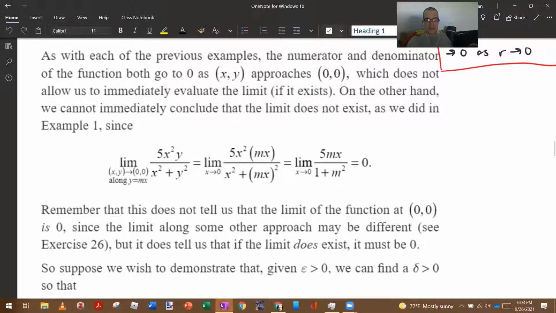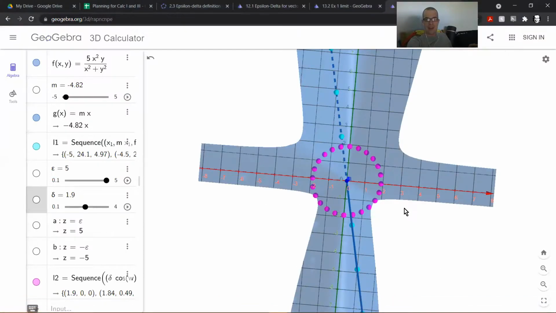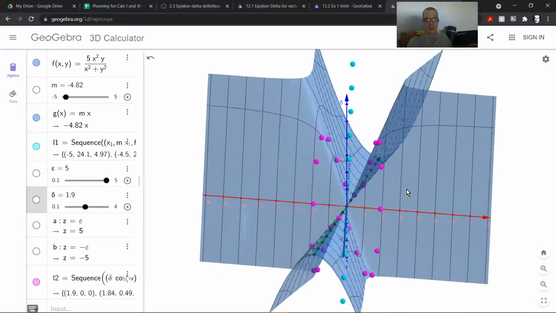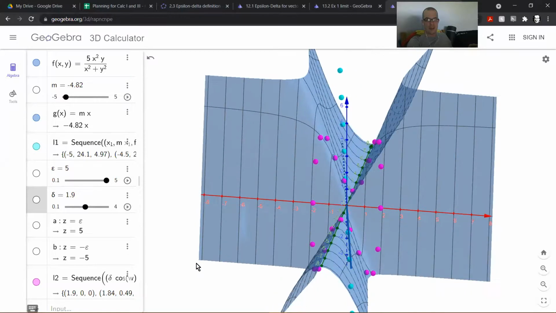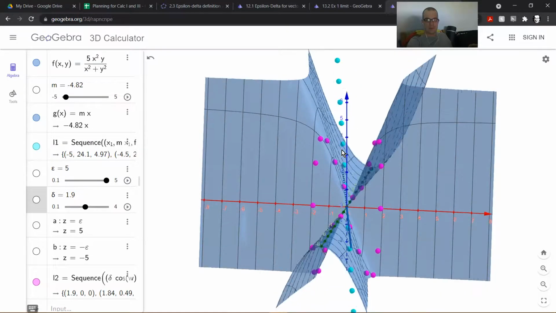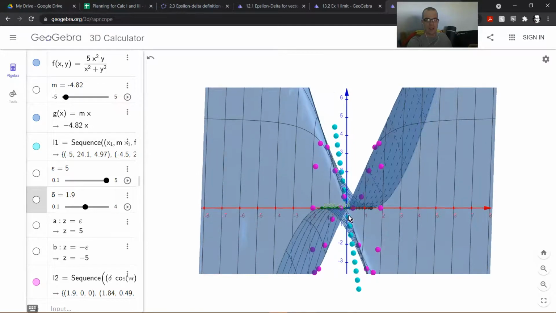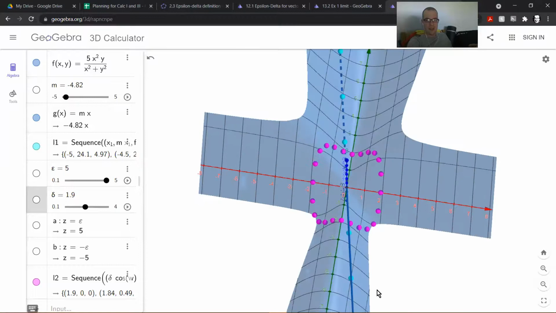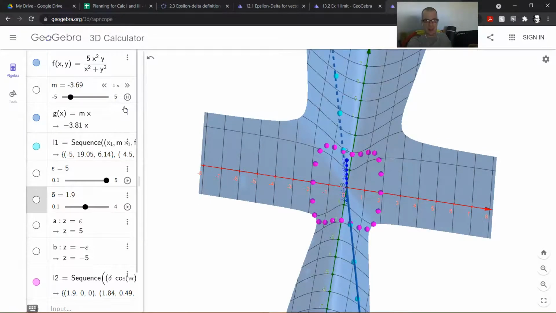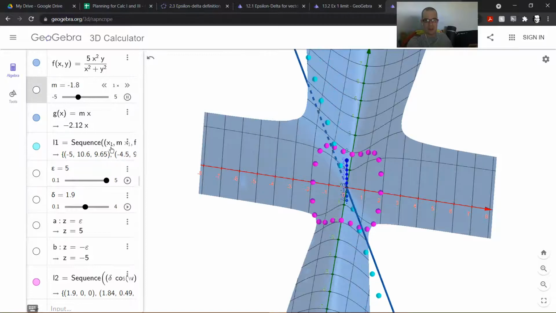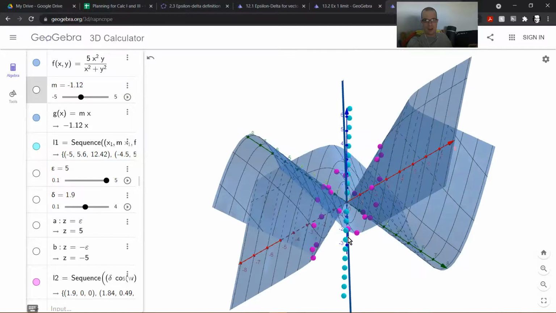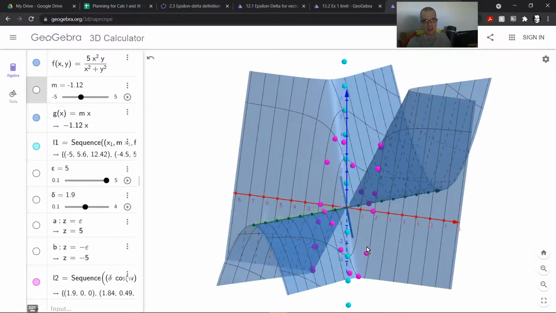So in the context of our graph, as we change that blue line, the slope, the points on the function where we put in those lines y equals mx in the domain, all of those z values